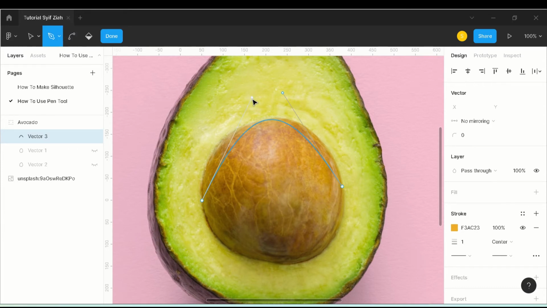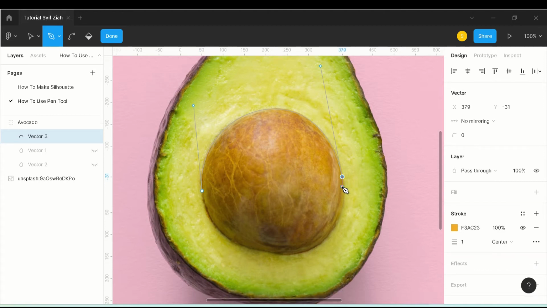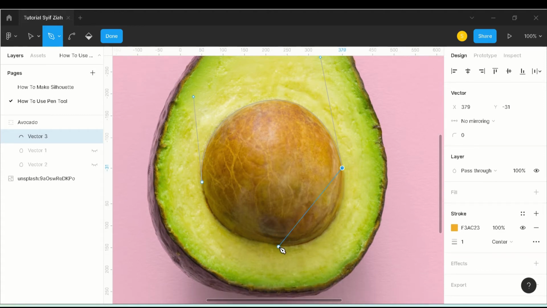And yeah, you can use an ellipse or you can use this pen. Just as I told you, try to make the same pattern.